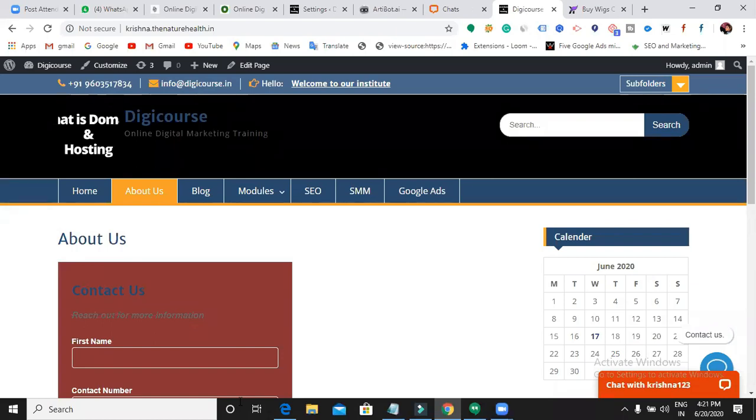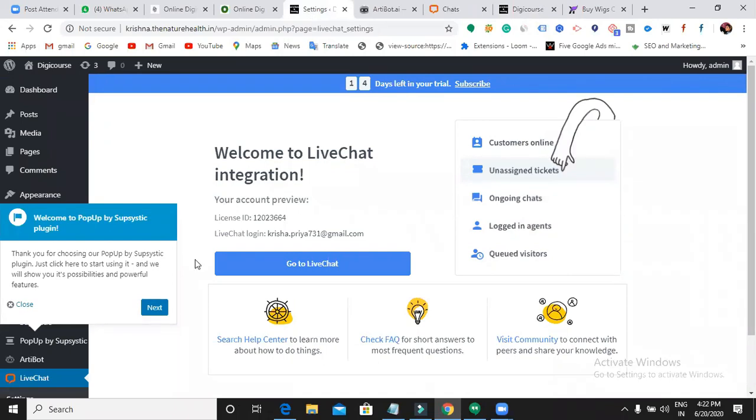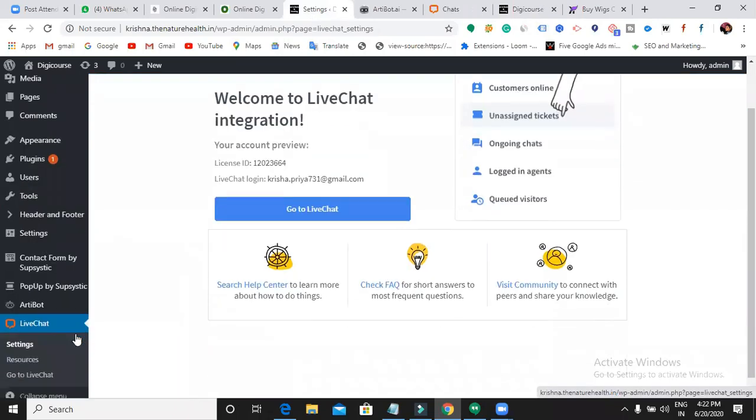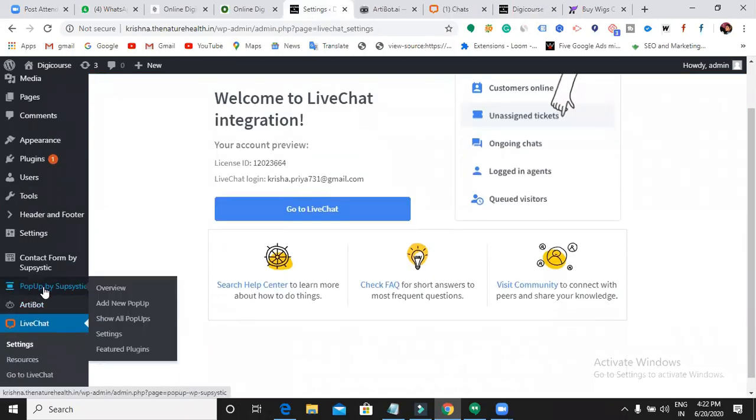Yes, we need to link it to any of the pages. So again, we need to design the pop-up, right? We haven't designed it. For everything we have, like the contact form, live chat and chatbot, they started appearing on our website only after designing them. So for this pop-up also, you have to design how it has to show and where it has to show. So where is the thing here? Yeah, pop-up.